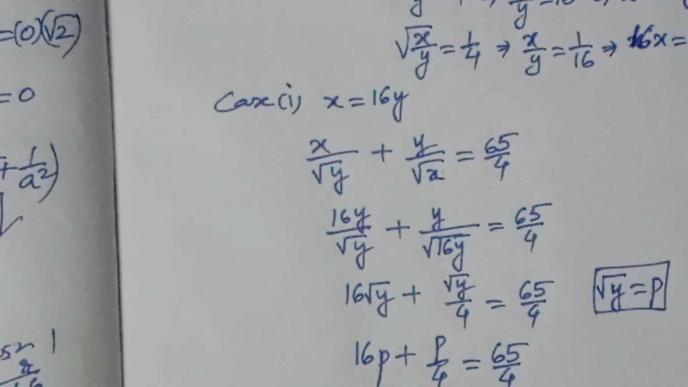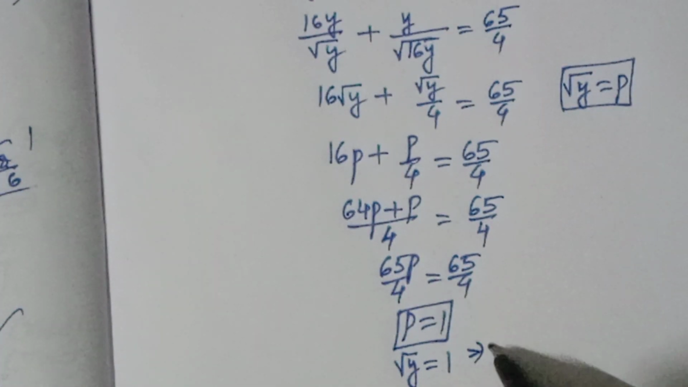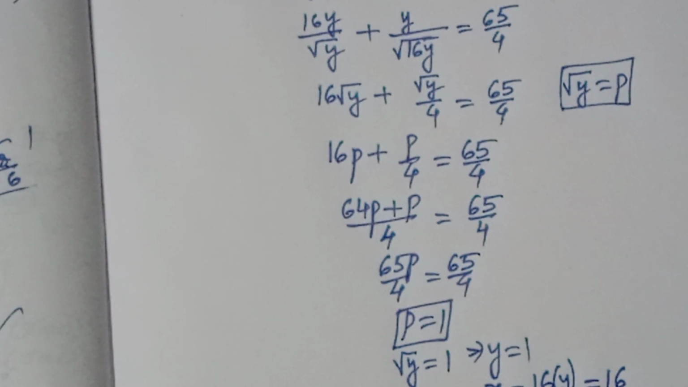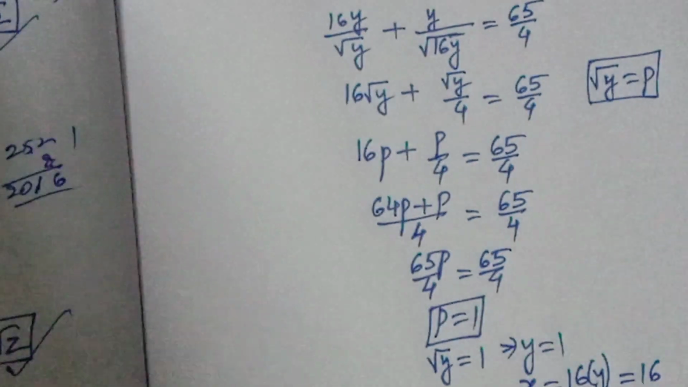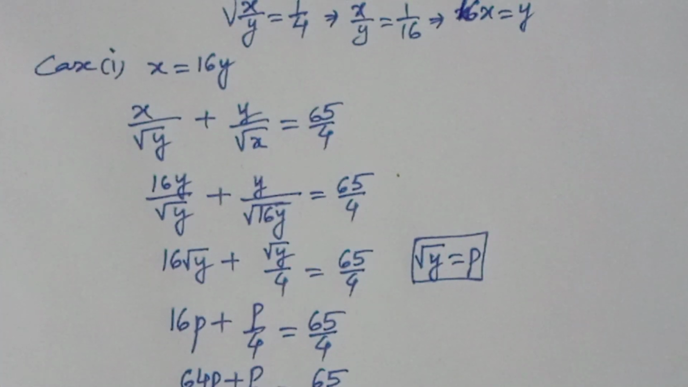That is nothing but root y is equal to 1. That implies the y value is 1 now. If the y value is 1, then the x value will be 16y, 16 into 1, so the x value will be 16. So 16 comma 1. This is case 1. Now if you go to case 2,